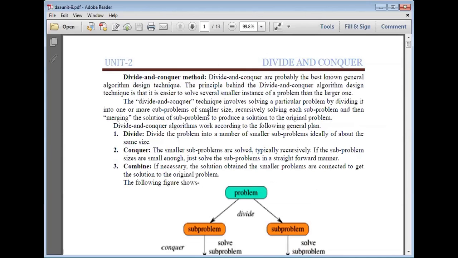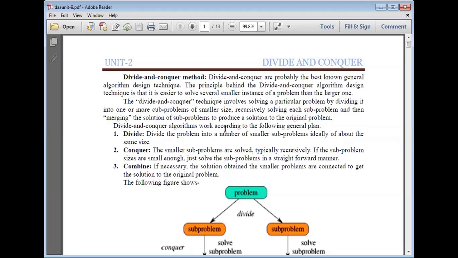Divide and conquer technique involves solving a particular problem by dividing it into one or more subproblems of smaller size, recursively solving each subproblem, and then merging the solutions of subproblems to produce a solution to the original problem.